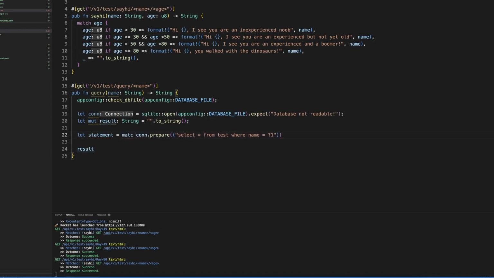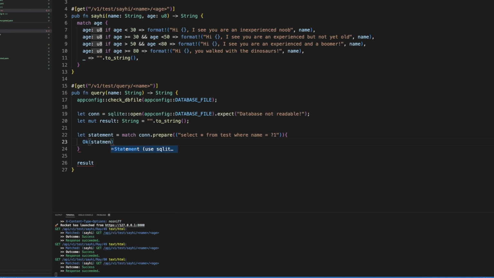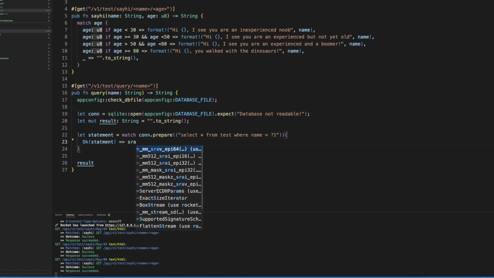So a statement, and then match it, and then we start that block, and first we catch the OK that holds an object, a statement object, which we call statement, and we return with the arrow operator, or the lambda, however you want to call this, to a statement,